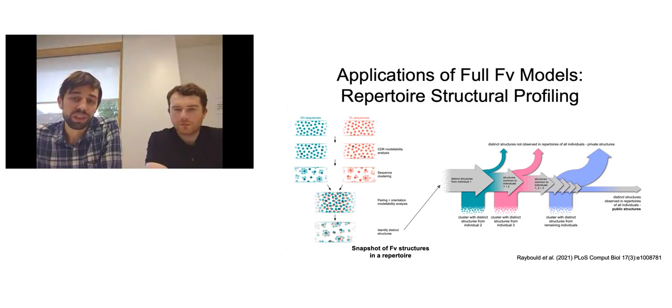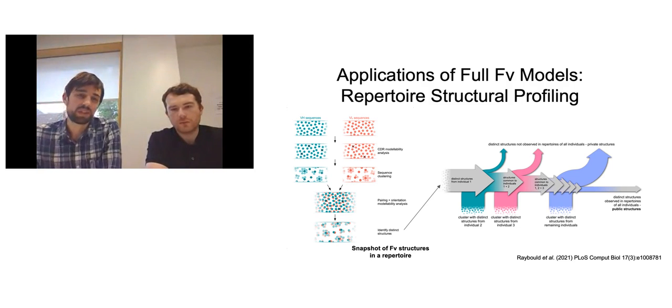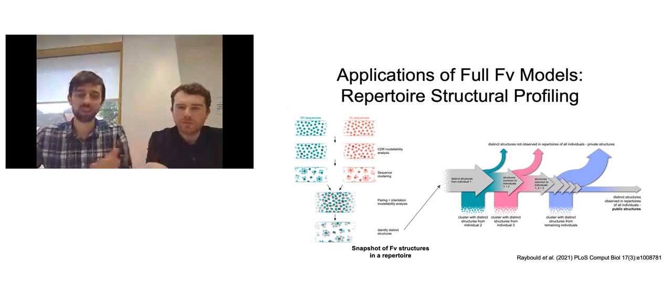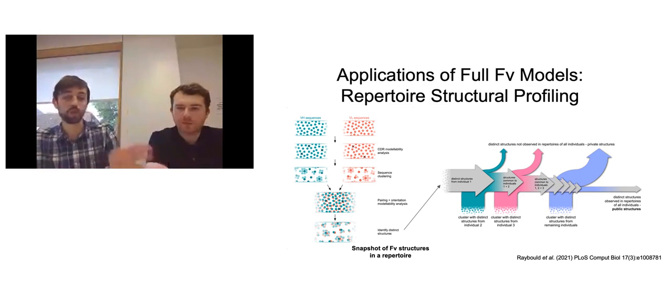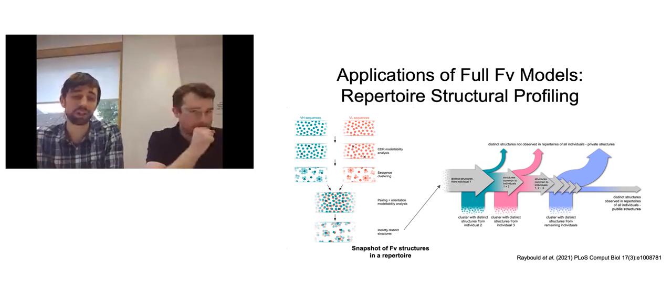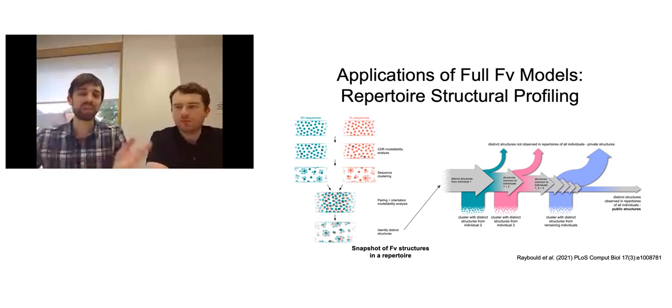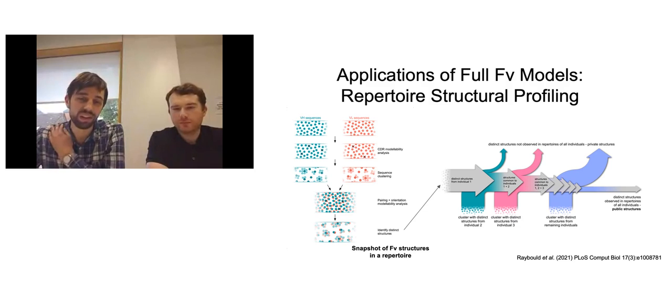Another application of these models is that we can start to look at how we define the structural diversity of an entire repertoire. We've looked at antibodies in isolation. What we want to see is all the FV shapes that are involved in my repertoire. So this flow chart on the left side shows one way to do this, where you have to pull together heavy and light chain sequences and consider how they might pair with one another.